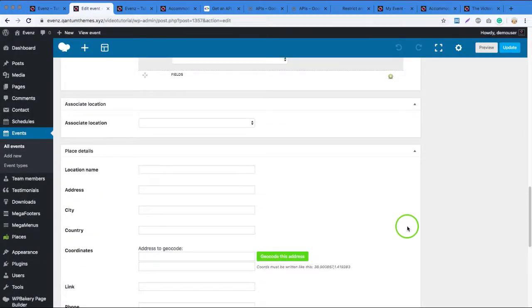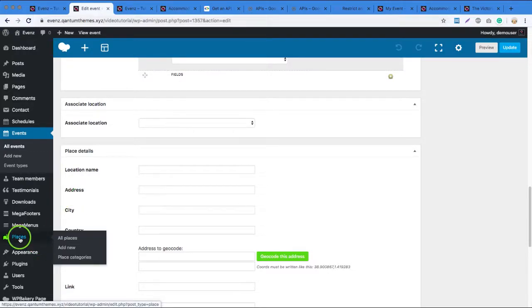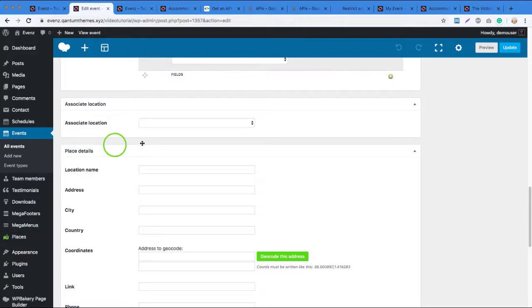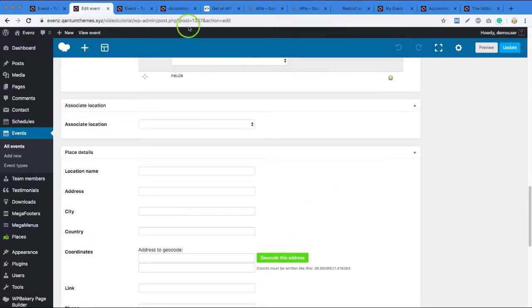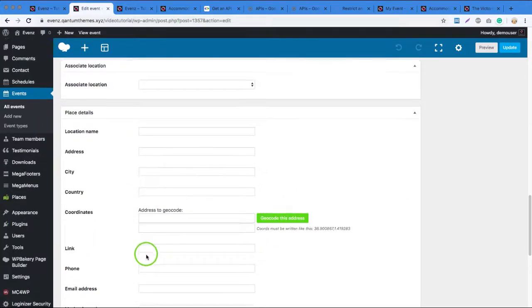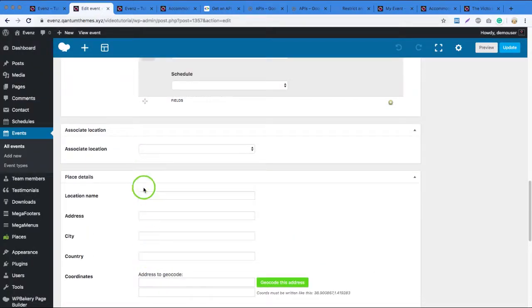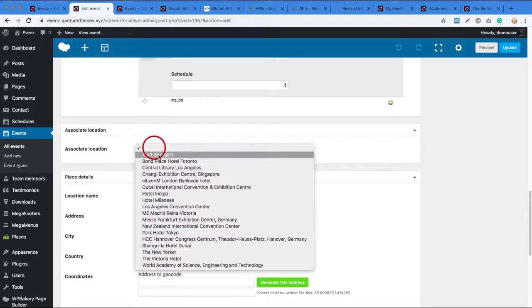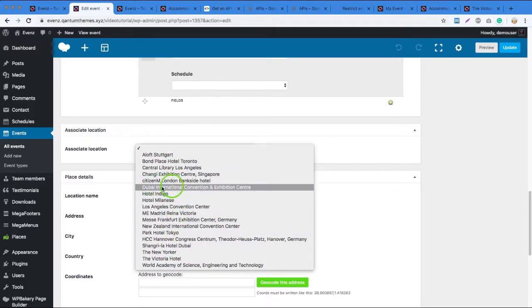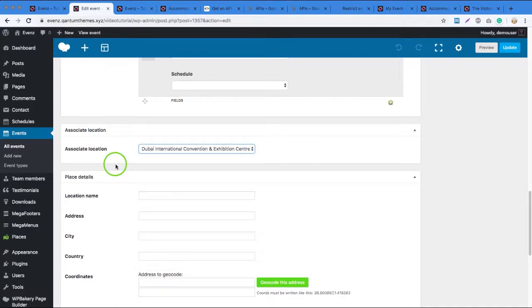So, as an alternative, if, as we were saying before, you have certain fixed places where you work, or where you have your events, or where you have your concerts, or whatever, and you created them already as places, you can store your venues as places in this post type that only has these fields. When you create your event, instead of setting all the details again, there is a very quick function, which is this one. From the drop-down, you can choose an existing location, like Dubai International Convention Center,